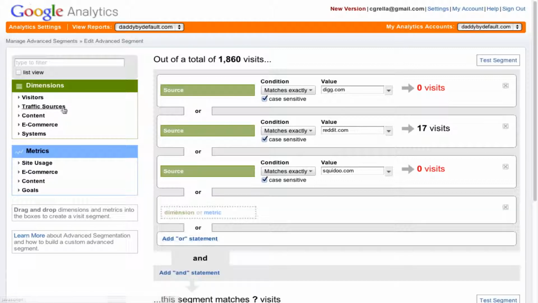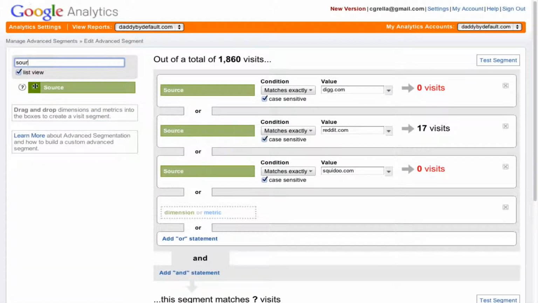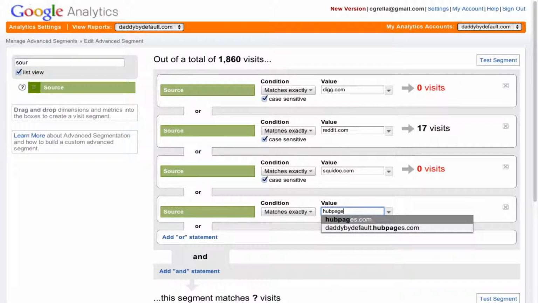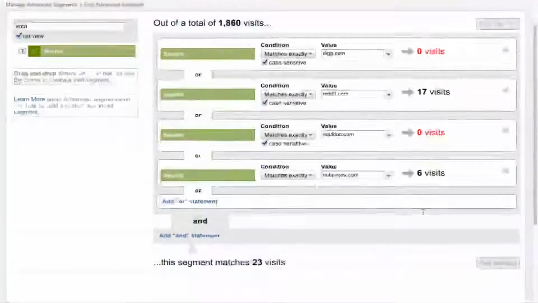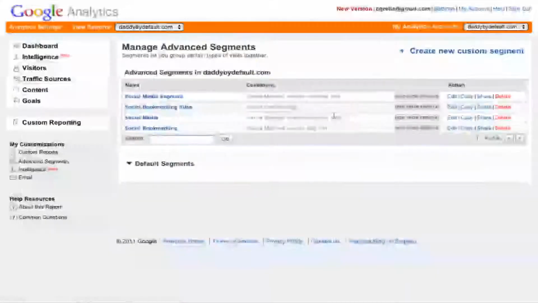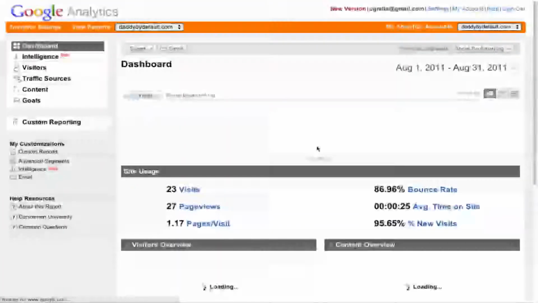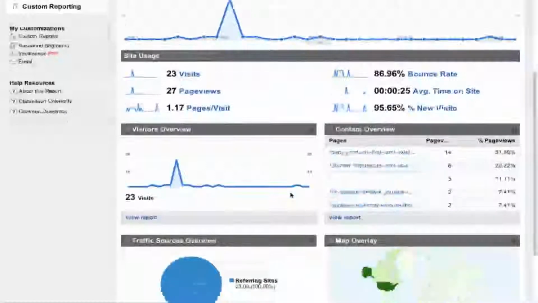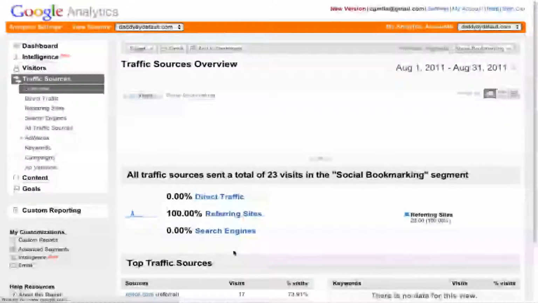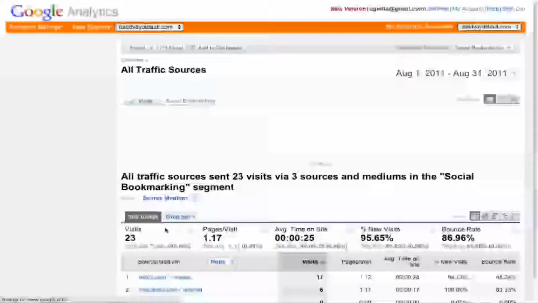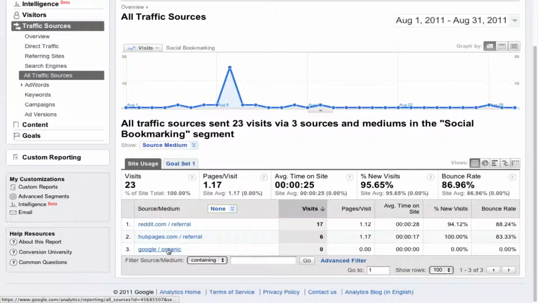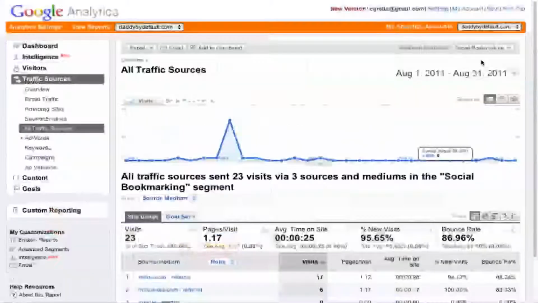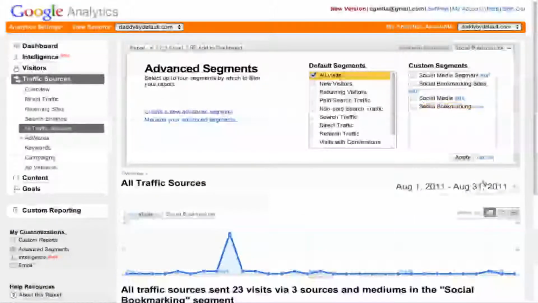And let's add one more in here. Let's add Hub Pages. I use that every now and then. I'll go ahead and test that. You'll see that sent me a couple visits. So I'll save that. So now, if you looked at this, you could see social bookmarking sent me a total of 23 visits. Now, you can look at this and have all your social bookmarking sites in one place, which you'll see here. Reddit and Hub Pages are really the only 2 sites that sent me traffic from the bookmarking sites. But this is a lot easier to see in one easy place than looking through all of your visits